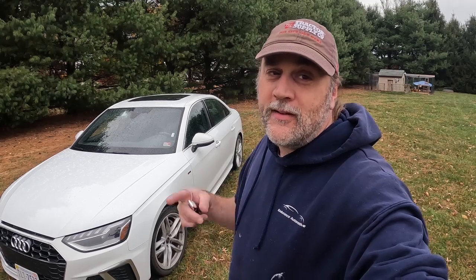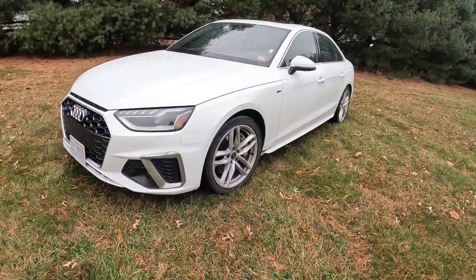We're going to do a first walk around. We're going to look underneath the hood. We're going to check out the interior. I did get some pictures of some of the interior lighting at night, which I think is really nice, so you're going to want to check that stuff out too. This thing is just loaded with features. So here we go. If you take a look at the front,